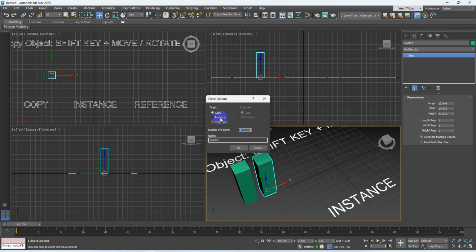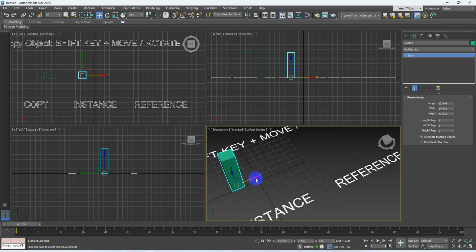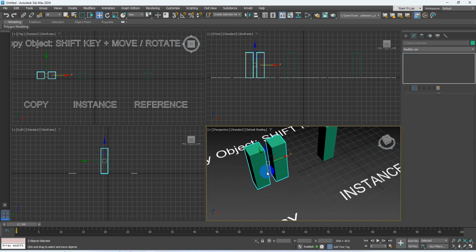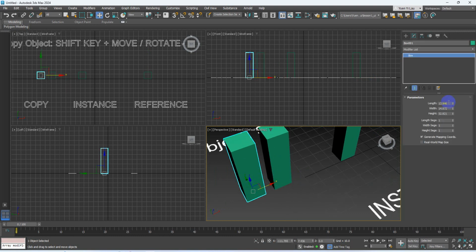These are my new ones, and this is the copy. Okay, and another set of copy, and another set of copy. Okay, I explain copy first, which is the easiest one. The two objects are two separate objects. They do not have any relationship, and they won't affect each other. They are individual. If I select one of them and change a value in the parameters or even the segments,